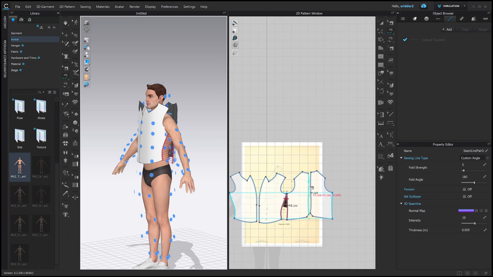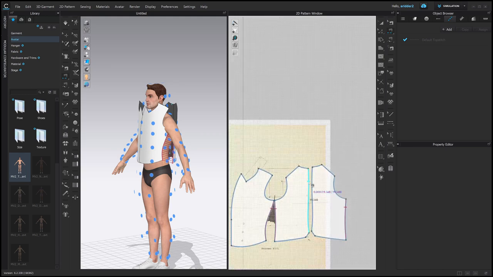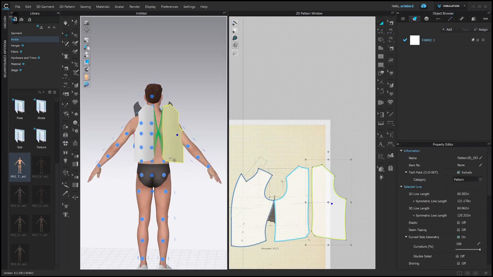We'll sew the back together, and something I want to point out is if I click this back seam here, you can see this little notch is there, and then I will click this one down here with the notch at the bottom. The sewing gets twisted, and it will do exactly what it looks like it's going to do. When you simulate it, it's going to sew the top to the bottom here and the bottom to the top there. We've all accidentally sewed things upside down in this way,